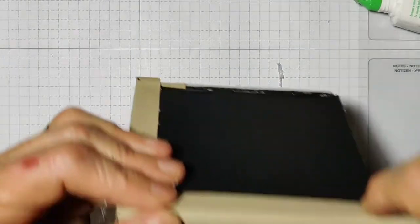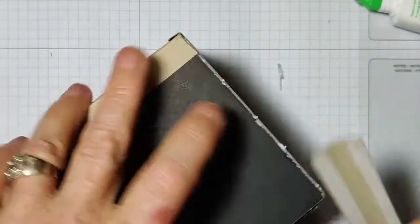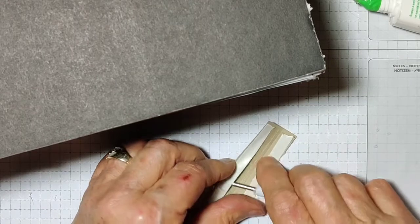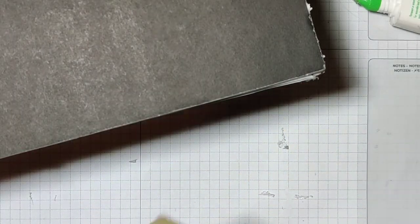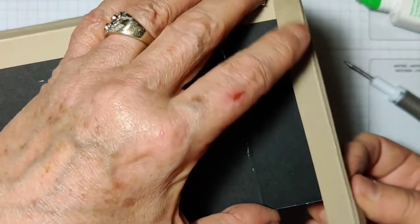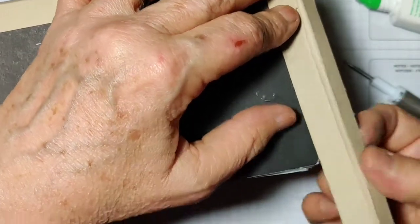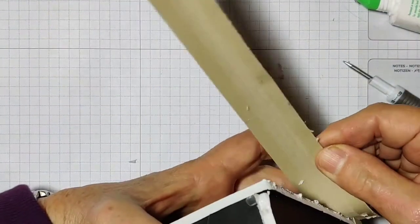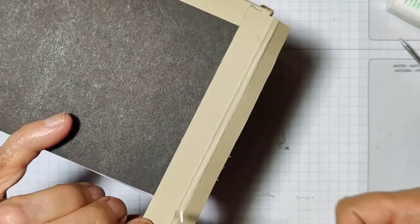Okay, here you see me start adding some construction strips to all the raw edges on the outside of the box. So that's 2 on the top and 2 on the bottom, and then all the way around the back. Since I thought this box was not going to be keepable, I was using some construction strips that I thought I was going to throw away because I double scored them. Planning on using it on the front edge, but where I scored it was not quite wide enough, so I was going to throw them away. But